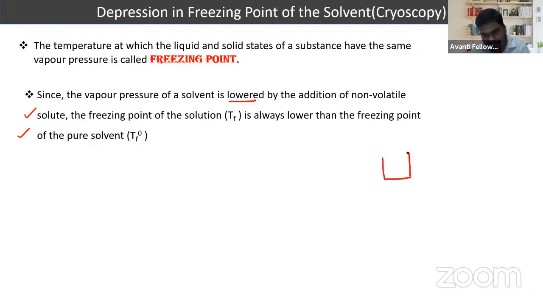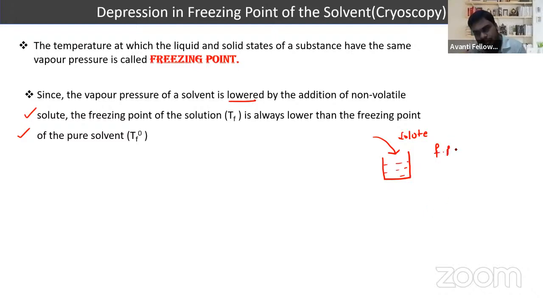If I'm talking about, this is a pure liquid, right? And now we add some solute, non-volatile solute. Non-volatile solute means what, beta? Anything which is solid, which does not produce any vapor, is known as non-volatile solute. Okay, so if I'm talking about